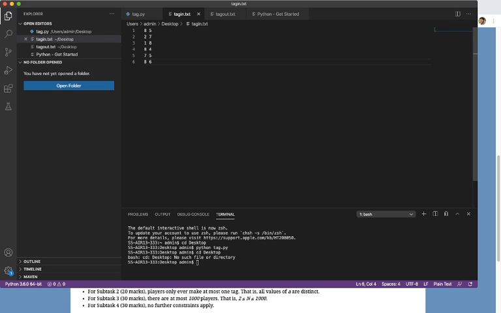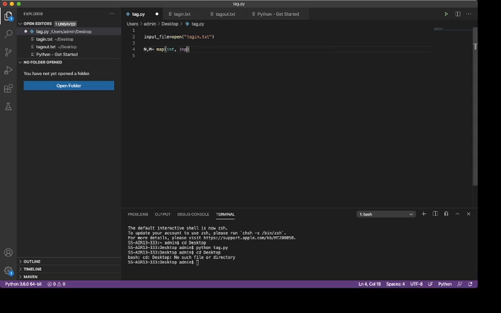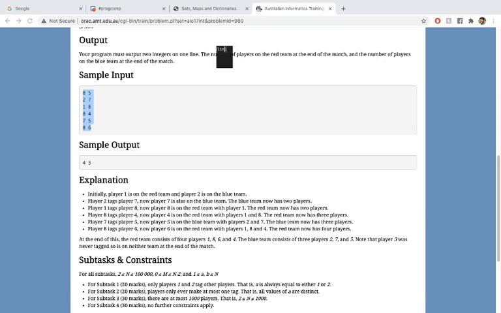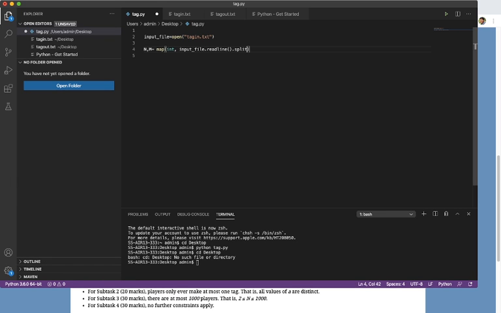So what we've got is n, m = map(int, input_file.readline().split()). So we've read n and m. So for now we'll make our sets. So we'll write red is a set with 1 in it, or actually we can put 1 in here, and blue is a set